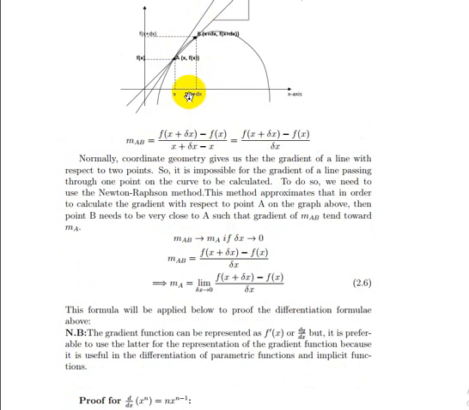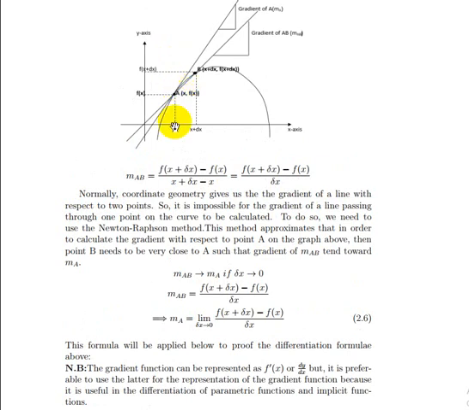So this is x plus dx, the point x of B is x plus dx, and the point x of A is x. So this distance here is dx. Now if the distance between them gets closer to 0, so as dx tends towards 0, you realize that you are going to have the